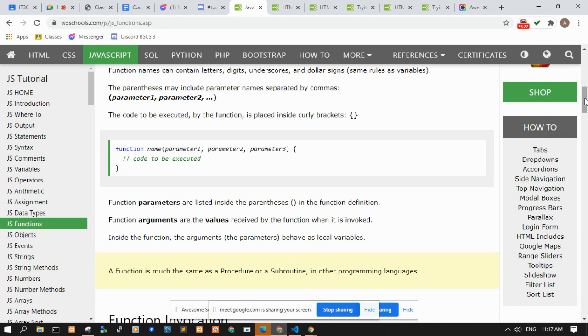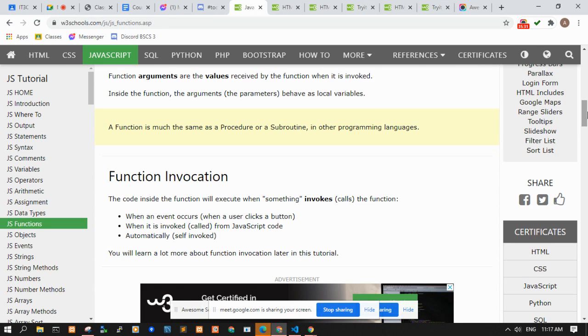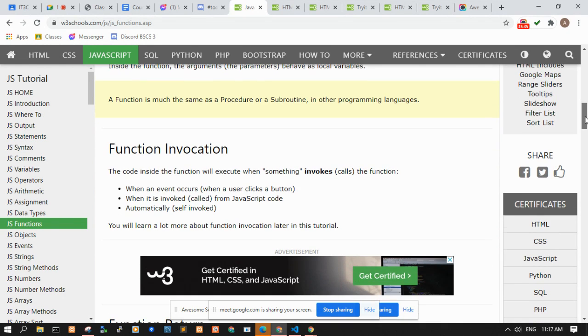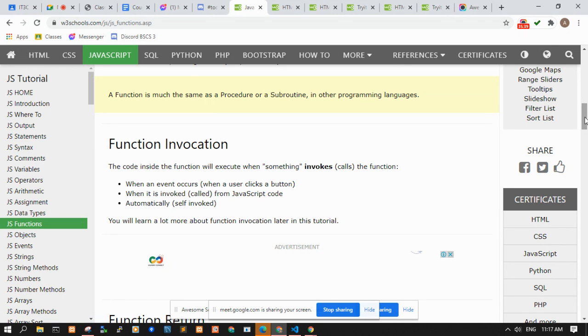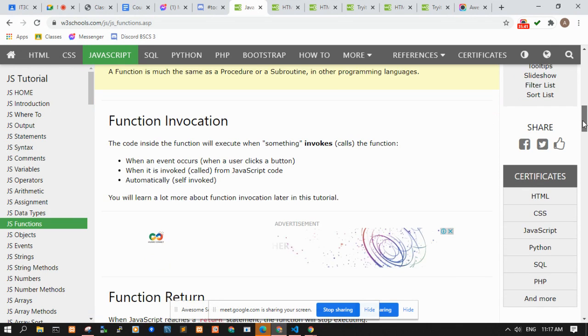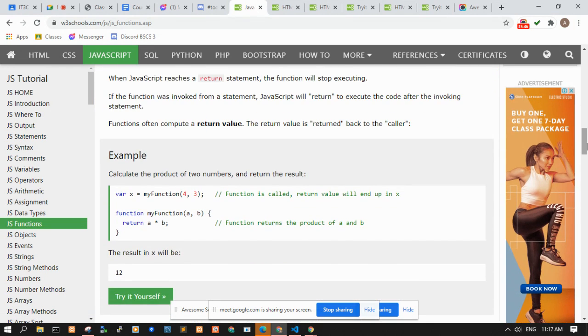Okay, we will have more discussion on arrow functions when we will be discussing React.js. Para minsanan na lang din. Para hindi ulit-ulit masyado. Okay?